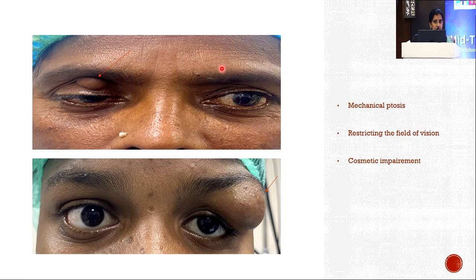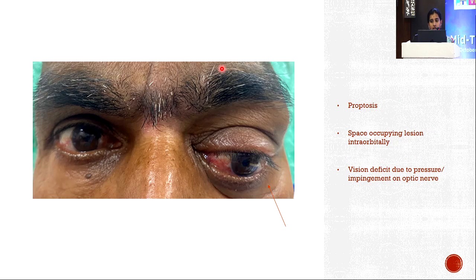This is the second patient, where we can see ptosis, which is restricting the field of vision, and also causing cosmetic impairment. The third is proptosis. Patients with dermoid cysts presenting with proptosis are usually late, because only when the lesion is almost space occupying inside the orbit, when there is no other space, does the patient present with